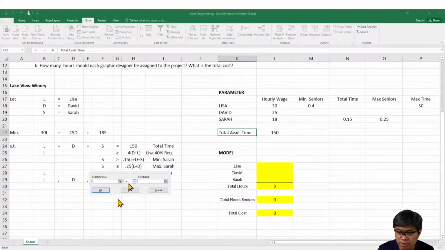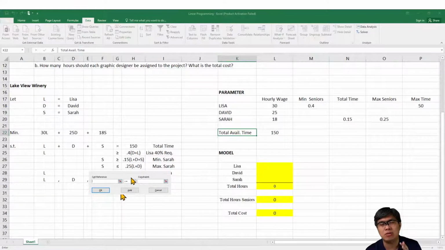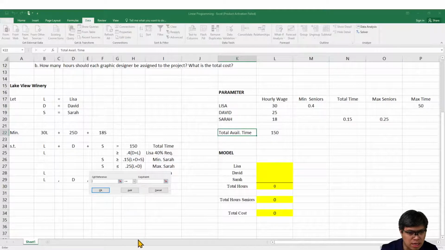We have a fifth one. Yes, that's right. L and D. That's why it's so critical you label, enumerate the constraints properly. You have to go one by one. Because if you misspoke or miswrote in the first place, then it won't make sense when you're trying to solve it later on. Right? That's why this is technically your cheat sheet. You're allowed to use this as your reference when you're trying to input this in your solver. Okay? So for the fifth one,